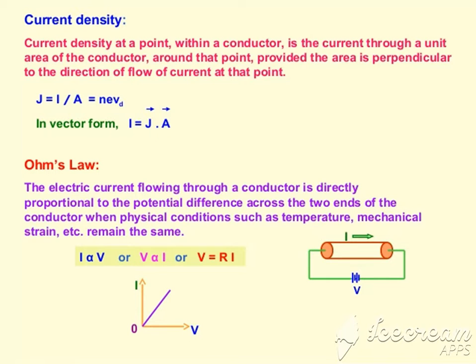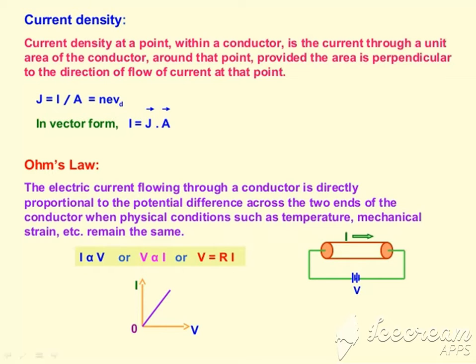Next is Ohm's law. We studied Ohm's law in class 10th, and if you remember the introductory video of this chapter, I told you the electrons flow because of the potential difference, and then current is produced. So current is produced because of the potential difference, and that is Ohm's law, that current is directly proportional to the potential difference applied across the ends. The more the potential difference between the ends of the battery or the cell, the more current would be produced.